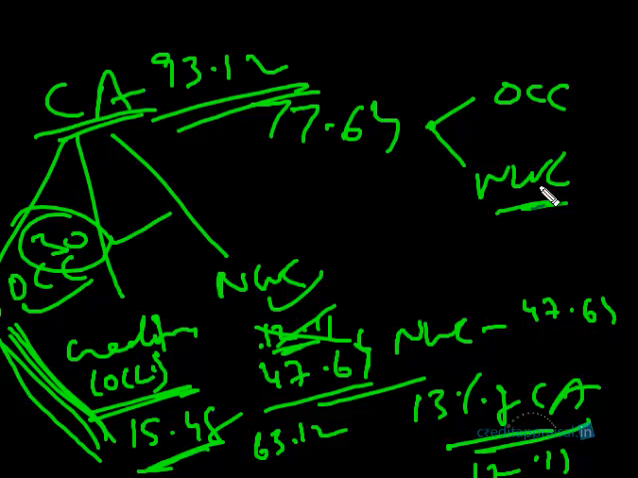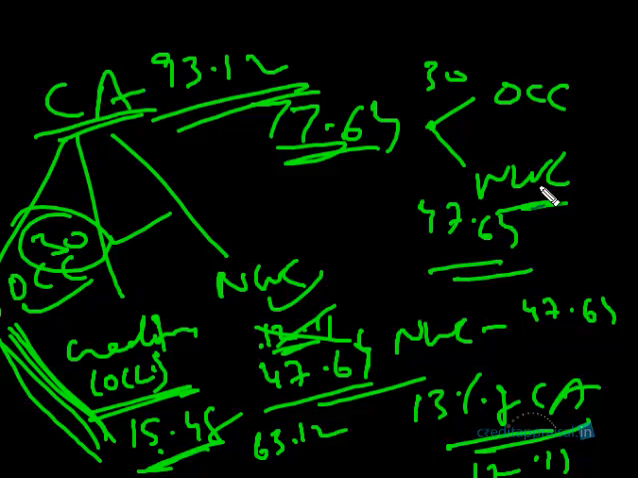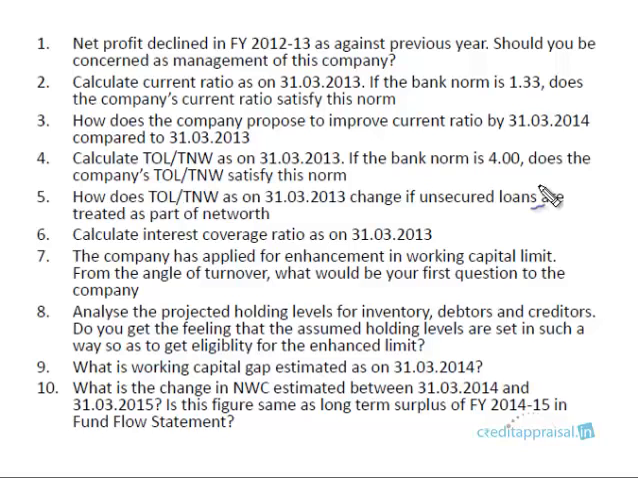So this is how we obtain it. What is the working capital gap? The answer to this question is 93.12 minus 15.48, 77.64. That working capital gap is going to be financed by OCC of 30 crores and actual NWC of 47.64 crores. Okay. Let us see the last question. What is the change in NWC estimated between 14 and 15? Is this figure the same as